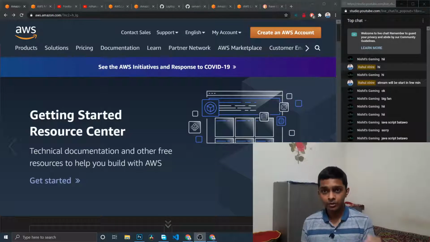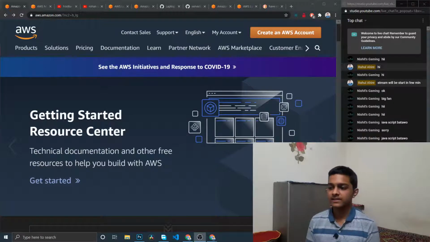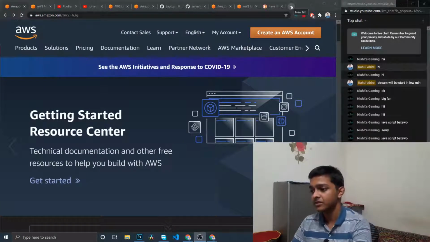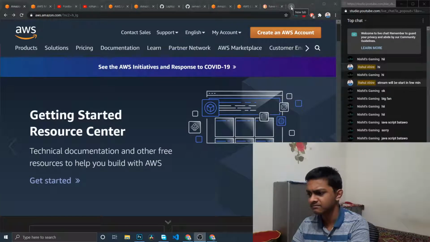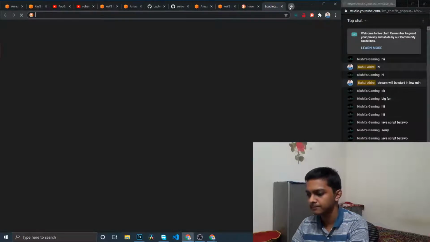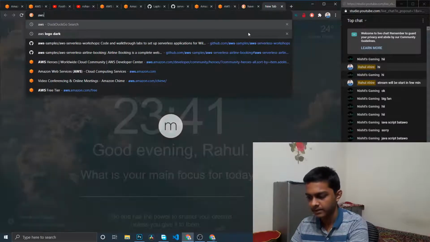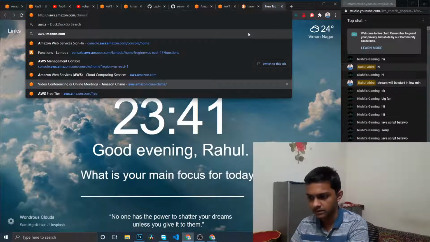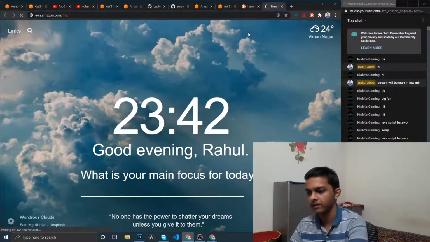And as compared to the pricing, with AWS you won't pay anything for the first year, they have a free tier plan itself. Let's look at what you get from AWS. So if you go up right here, let's open this tab, aws.amazon. Yeah, this is the one we want.